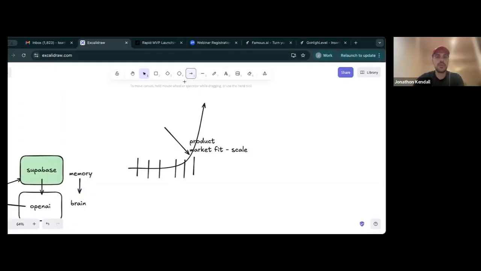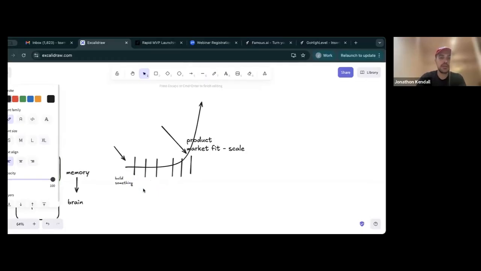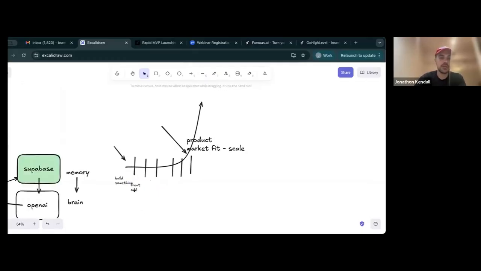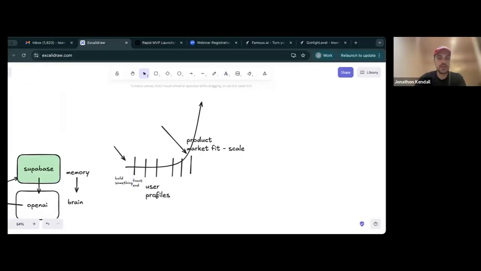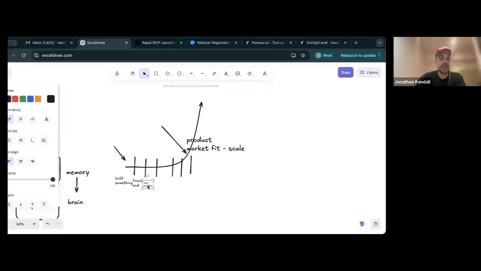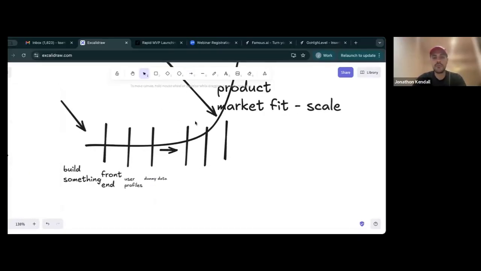But a lot of times what's happening with Famous is that a lot of you guys think, oh, I can build something, which was impossible 2 years ago. Then maybe you can build a really nice front end. Front end just means the user interface and what it looks like. And then maybe you can get user profiles, something basic like that. And maybe you can get the dummy data to work. But then once you want it to really do exactly precisely what you want, maybe you get to this point and you're really only maybe 2 or 3 steps away, it becomes really difficult.